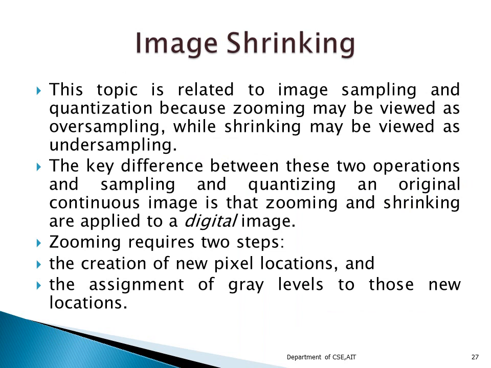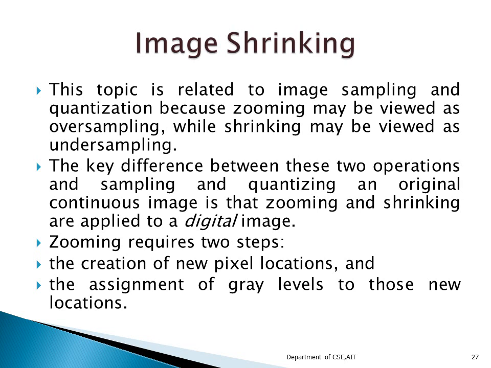Image shrinking is related to image sampling and quantization, because in image sampling and quantization we had sampling. In the sampling we can have either oversampling or undersampling. Whenever you have oversampling, that is nothing but zooming, and whenever you have undersampling, that is called shrinking. That means when we consider the samples more, that is called oversampling, and when we remove the samples and take only the smaller ones, that is called undersampling.